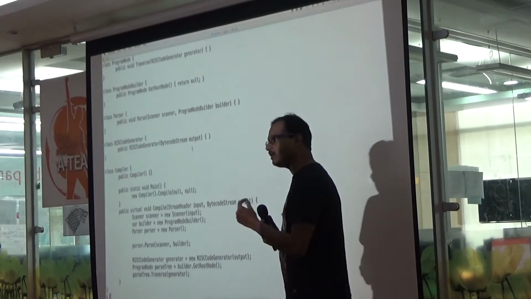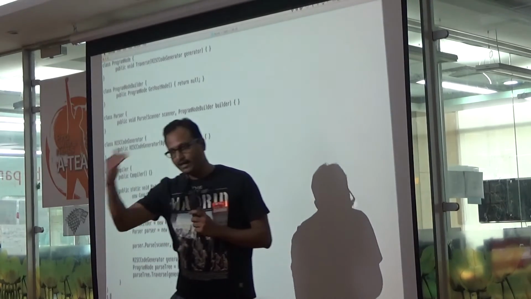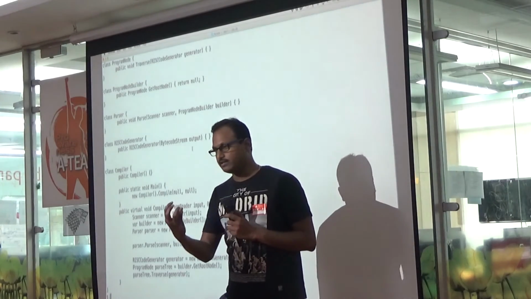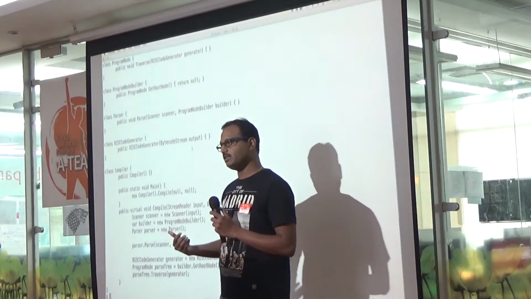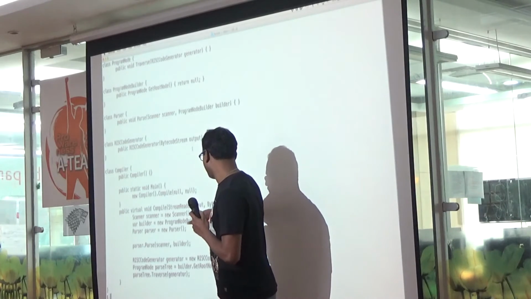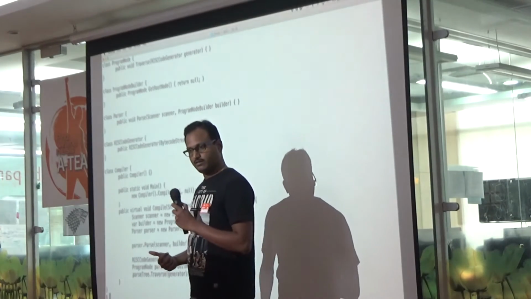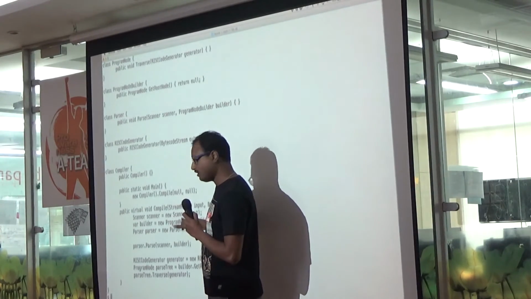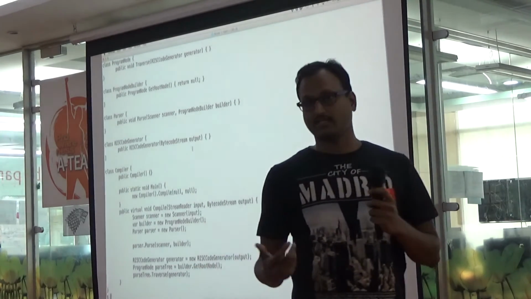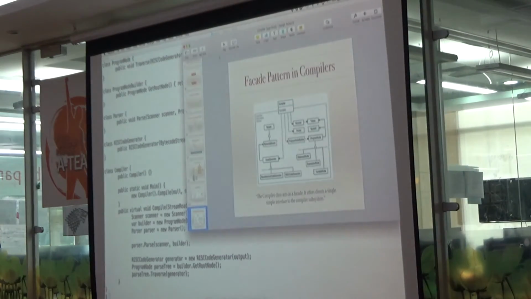Right? That is where the facade pattern comes into the picture. Now, if I am using the facade pattern, I am hiding the internal details about the dependencies between these subcomponents. So I can test each of these components separately. Not just testing, even building becomes easier. Now, if I can fake the input from the scanner and parser, I can focus only on the code generator. Or one person can write only the scanner, another person can work on the parser, and another person can work on the code generator, etc. Right? That is the benefit of bringing in this pattern in real software.